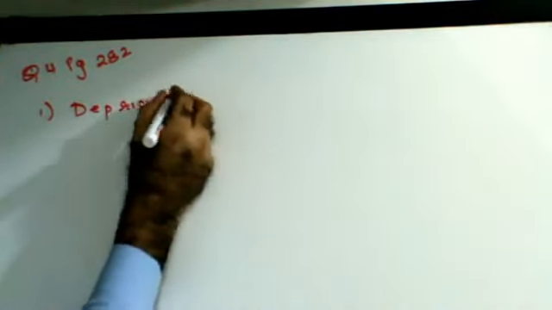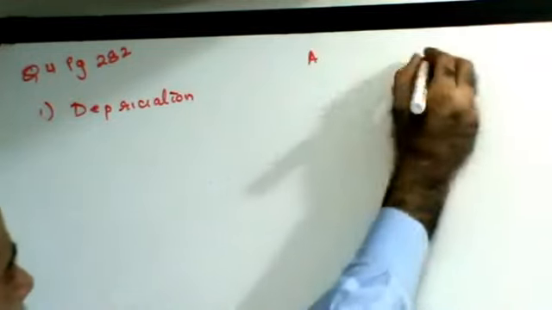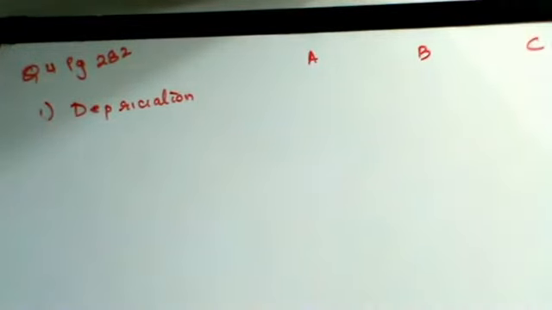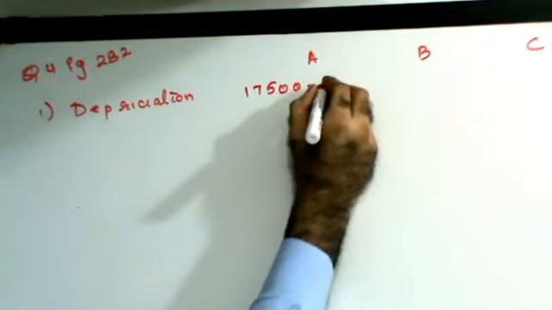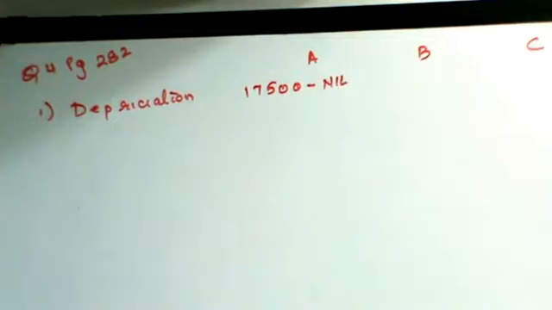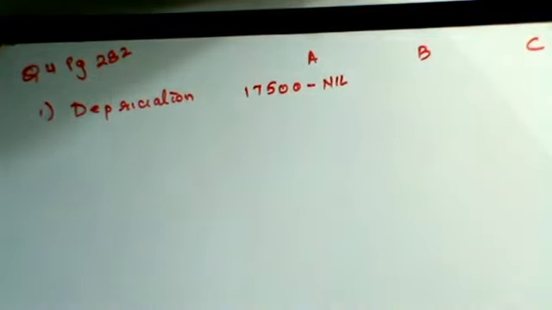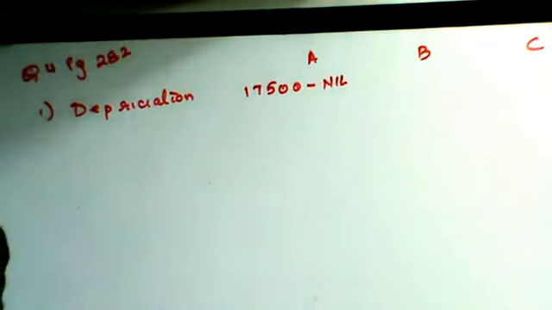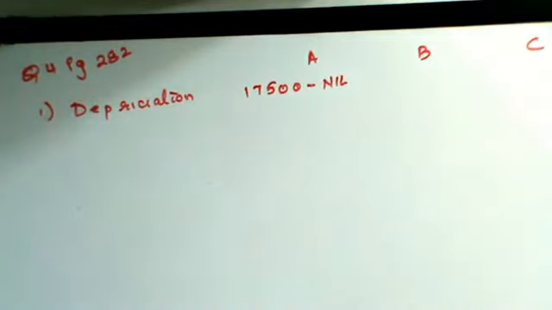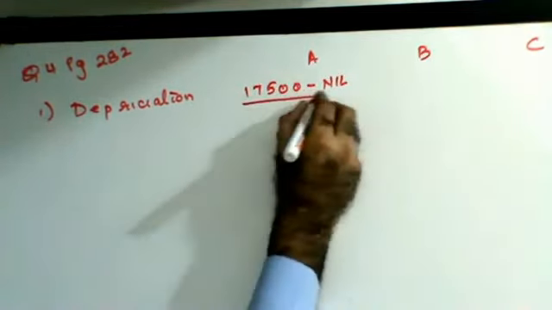Depreciation for machinery A, B and C, right? Now the cost of the machinery is given to you as 17,500. Scrap value is given to you as nil. I'm very sure some of you will say, sir, there's a scrap given in the sum. That is scrap of material. If there's a scrap value of machinery, it will be specifically mentioned that it is scrap value of machinery, divided